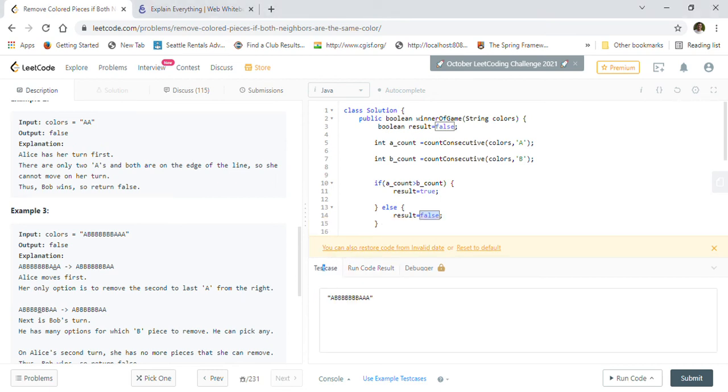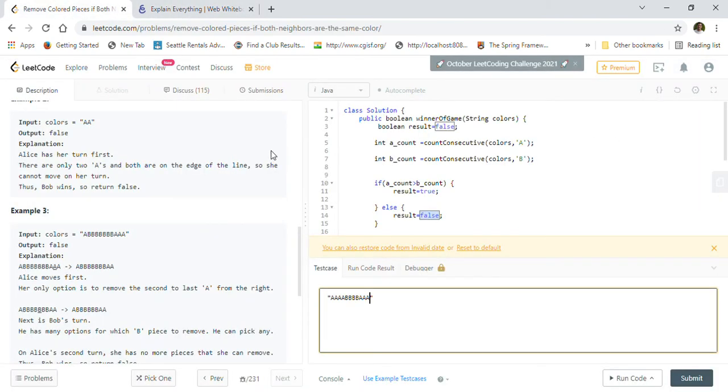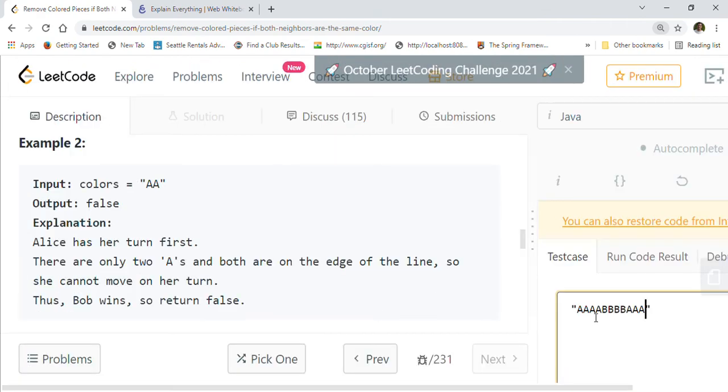So let me take this big one that we just saw in this example. Here let me just increase the size so I can show you this screen. So here you can see these are 3 consecutive 3A's basically here, right? And only 2 consecutive 3B's here, right? Because only 4 B's are there.